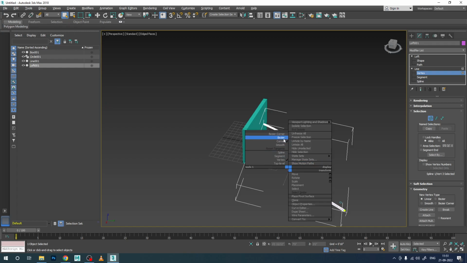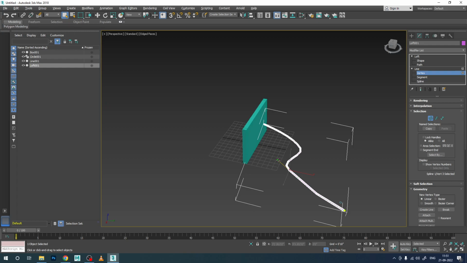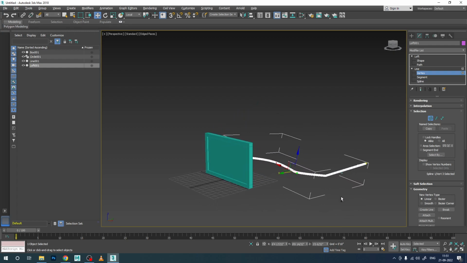Now if you want to have a bezier curve, you can have a bezier curve. What will the bezier curve give? You can adjust these pointers as you want. Now you can move and adjust this one and try to move this point left and right. Then you can adjust as you want. You will get a two-sided handle. Now you can adjust this two-sided handle to apply the proper smoothness to this one. So this is how